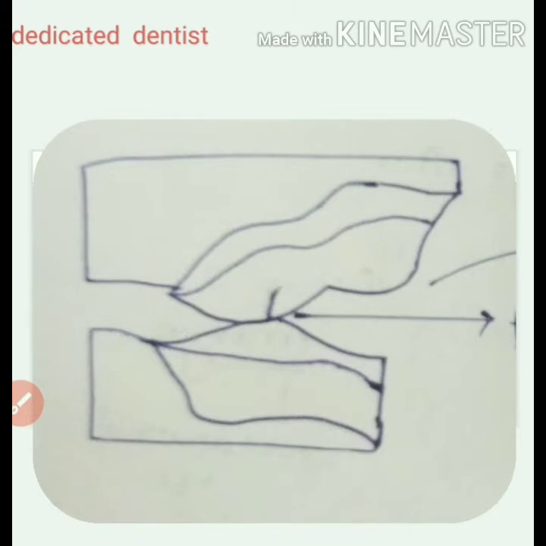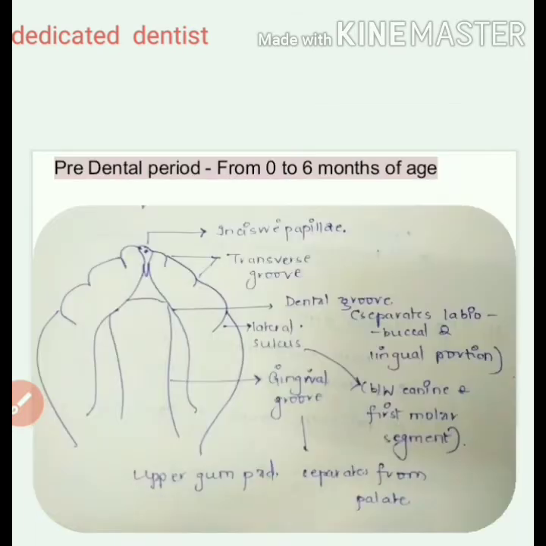And there's this anomaly called natal teeth and neonatal teeth that we have already talked about. The teeth that are present at the time of birth are called natal teeth, and they erupt at an early age. And the teeth that are present during the first month of life are called neonatal teeth. These natal and neonatal teeth are located in the mandibular incisor region, and they show a familial tendency. So that was all about this predental period.